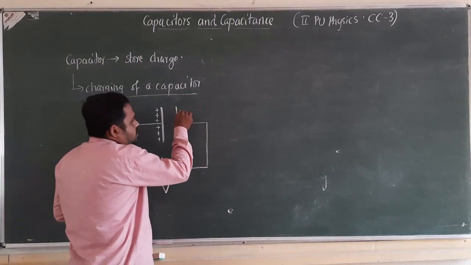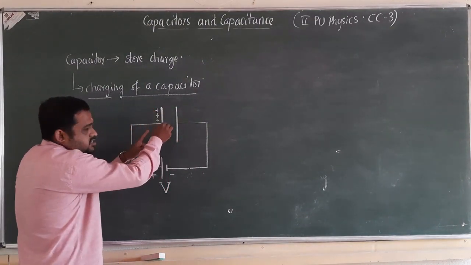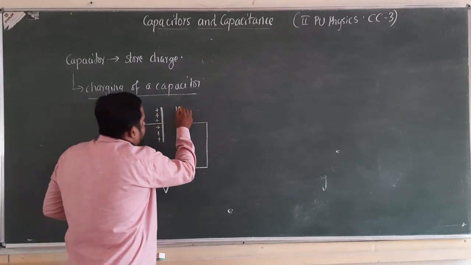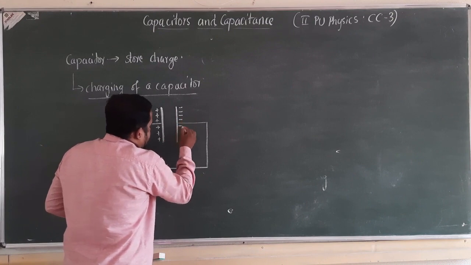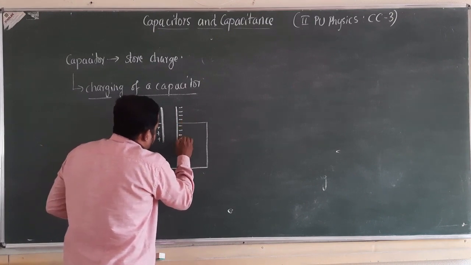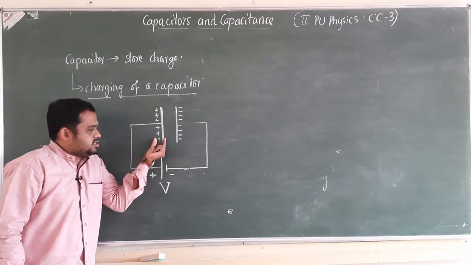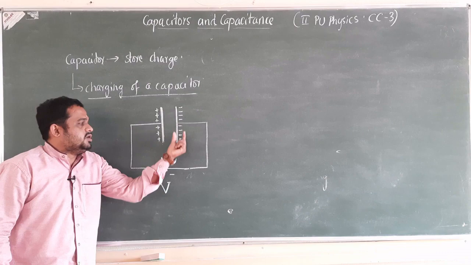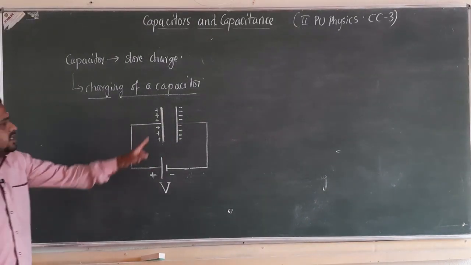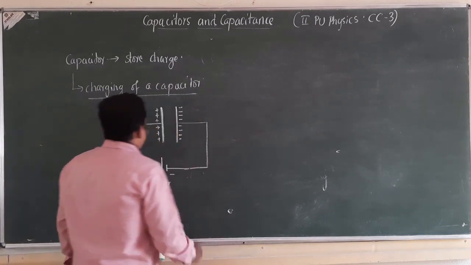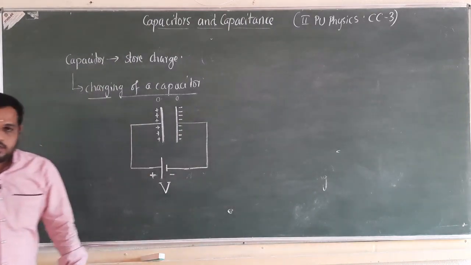Next, the electrons removed from the first plate, or left plate, of the capacitor are delivered to the right plate of the capacitor. An equal amount of negative charge, whatever charge is removed from this plate, will be delivered to the second plate of the capacitor, so that here the amount of negative charge increases with time. Magnitude wise, the amount of positive charge in this plate is equal to the amount of negative charge in the second plate of the capacitor. Initially, the capacitor was in uncharged condition, the amount of charge stored in this plate is 0, and this plate is also equal to 0.